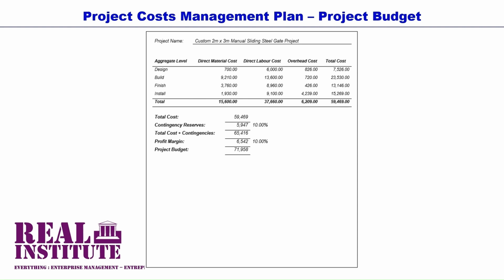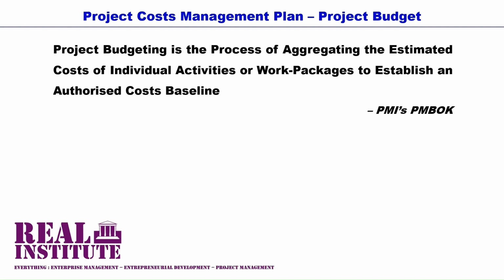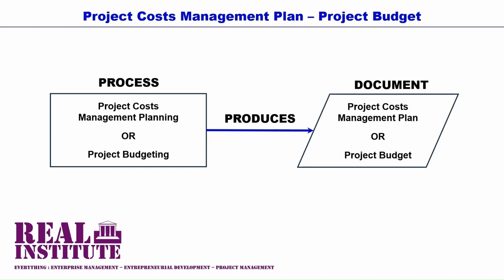Once the project budget has been approved or authorized as the project budget baseline, it then commits the project resources expenditure and it authorizes the project manager to implement and manage the expenditure aspect of the project. In a general sense, what we've covered in this video is the process of compiling a project budget or a project cost management plan. We have covered a general approach to project budgeting, a general approach to project cost management planning.